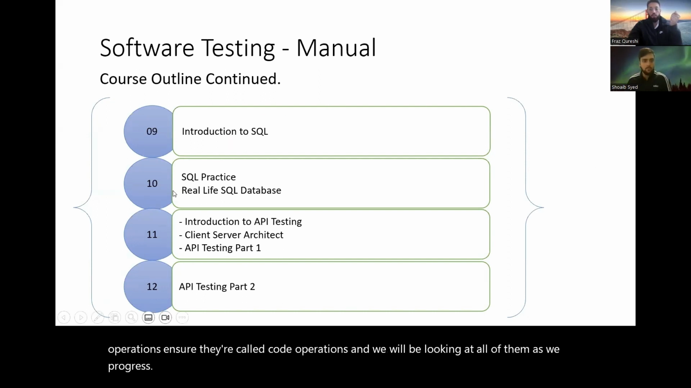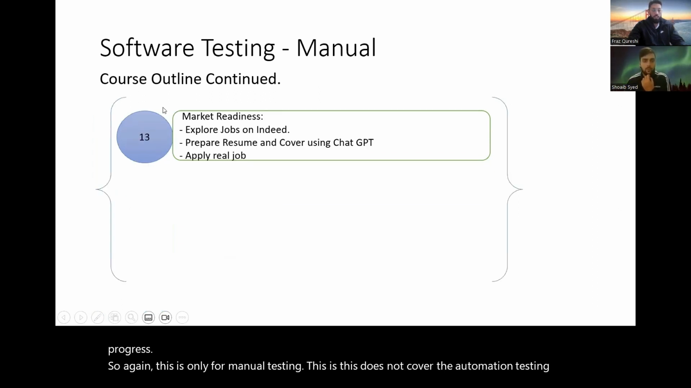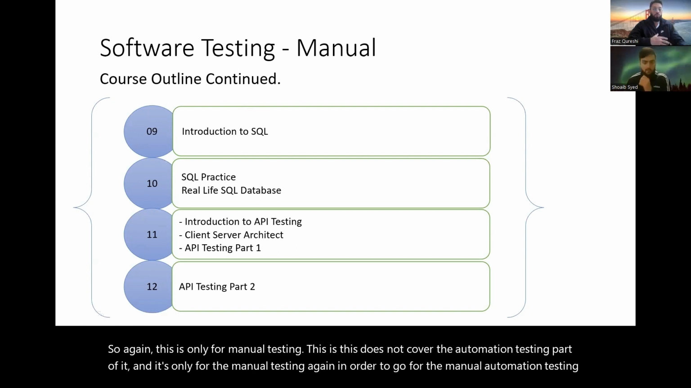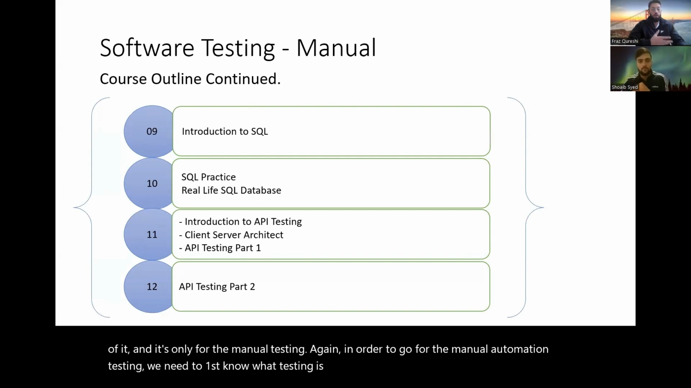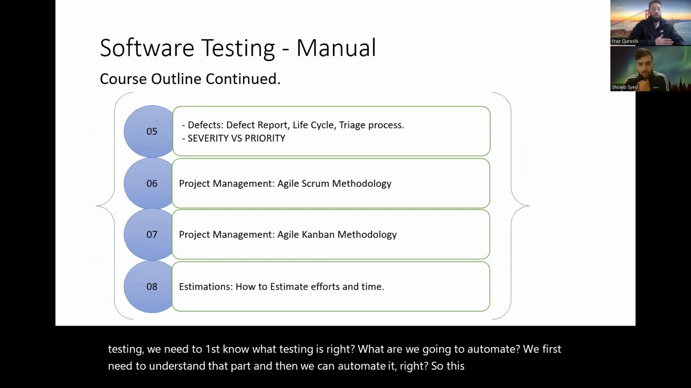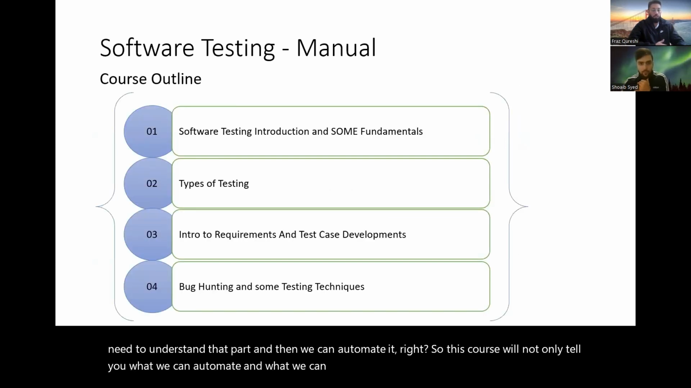So again, this is only for manual testing. This does not cover the automation testing part of it. In order to go for automation testing, we need to first know what testing is, right? What are we going to automate? We first need to understand that part, and then we can automate it, right? So this course will not only tell you what we can automate and what we cannot automate, but it will give you detailed insights